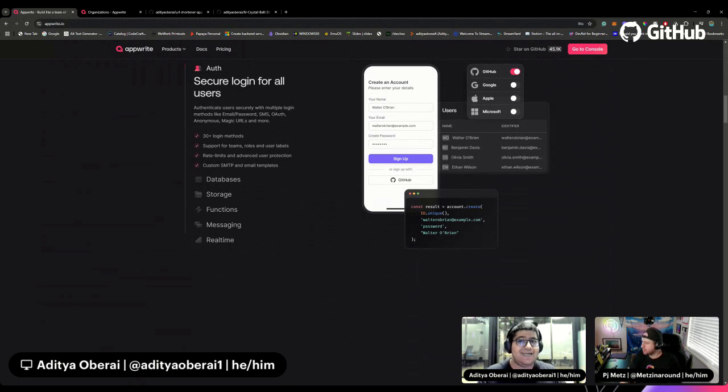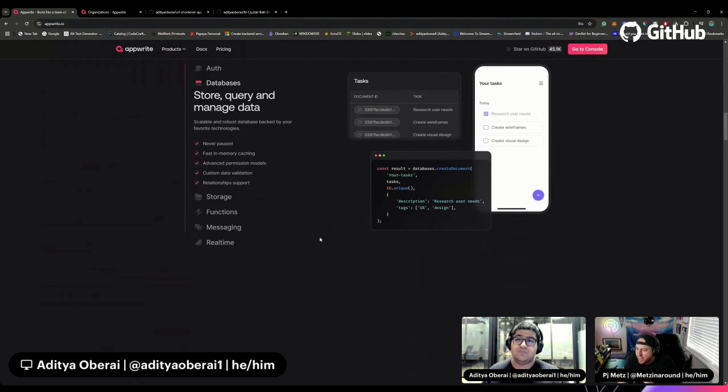And so you can implement a number of these services, such as authentication, where you're going to get features such as email password login, phone OTP authentication, magic links in case you're into passwordless authentication as well, out of the box. We've got our own database solution where